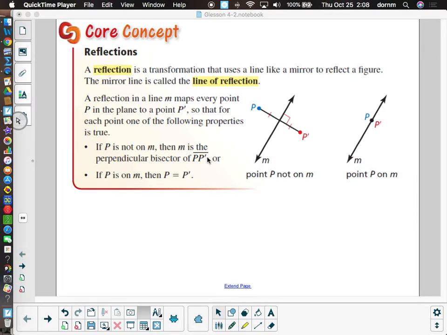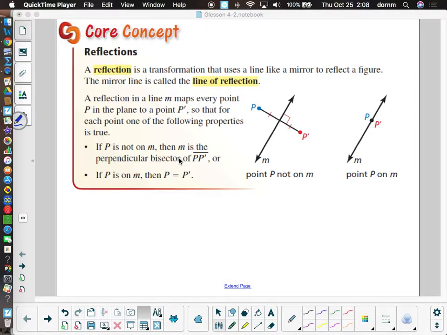So today we're going to switch over to the transformation called reflection. Reflection, you may have heard referred to in middle school as a flip, but it's actually called a reflection. We're going to use that. One thing that's interesting about a reflection is whenever we do a reflection, we start with a pre-image, like we